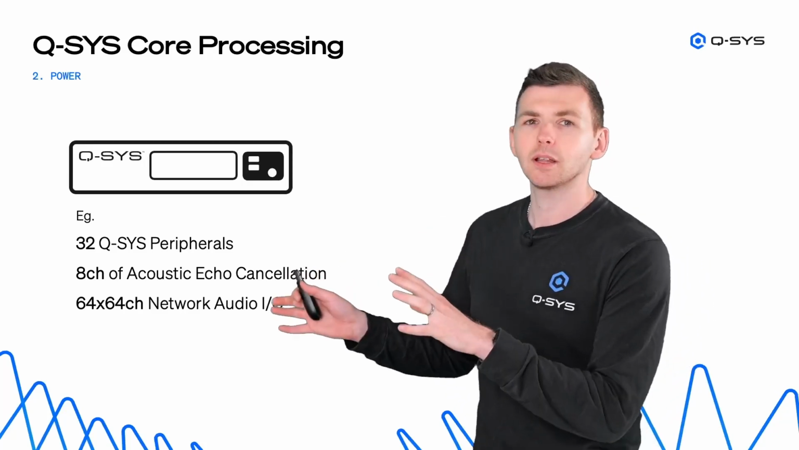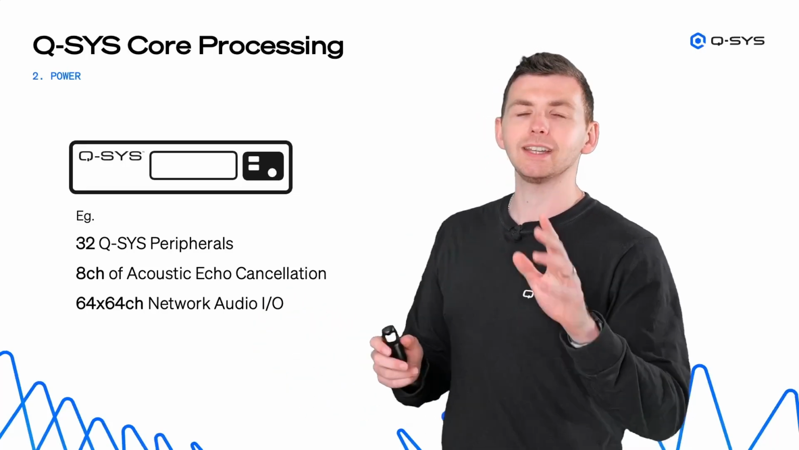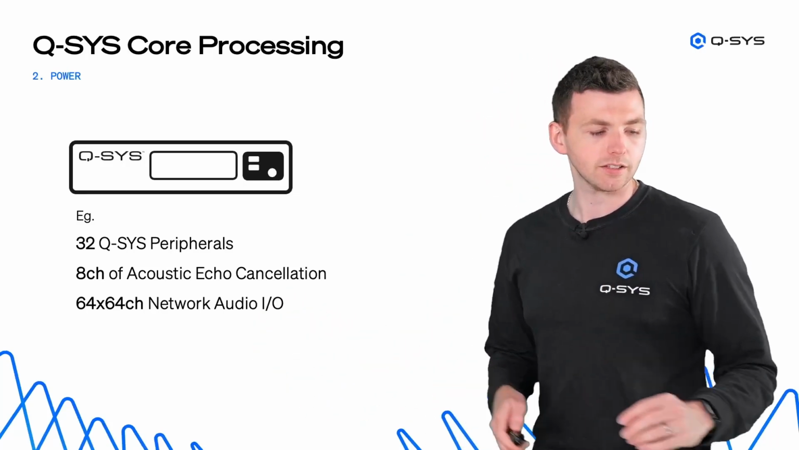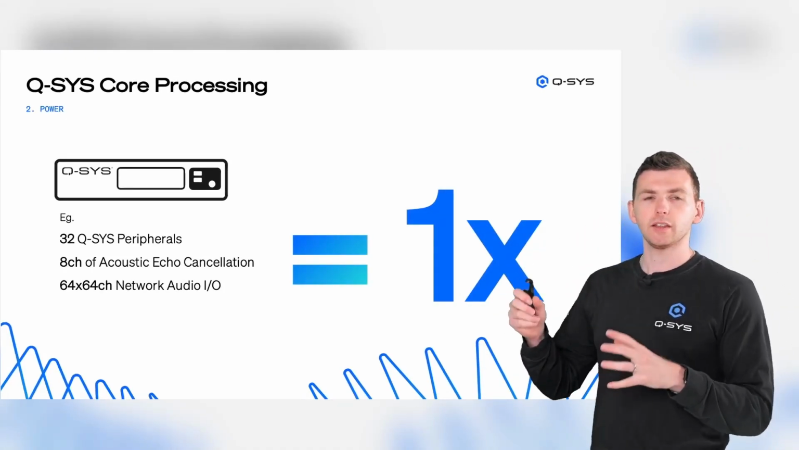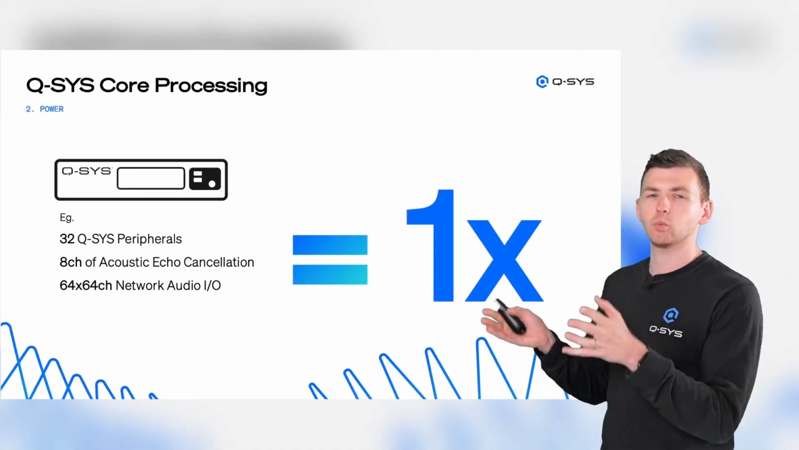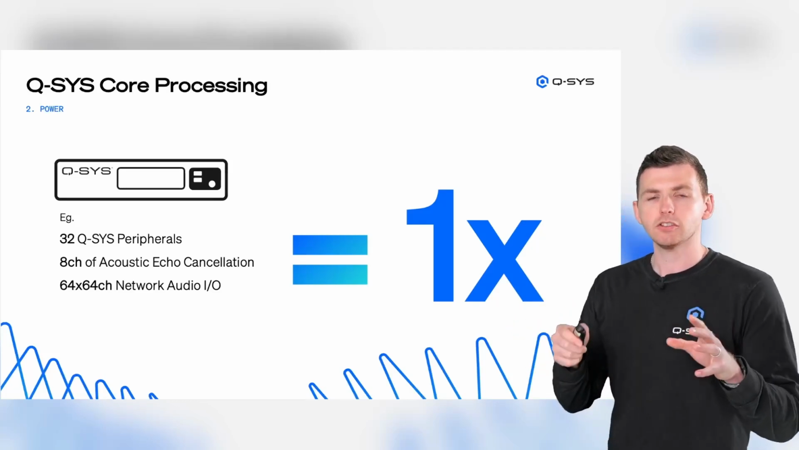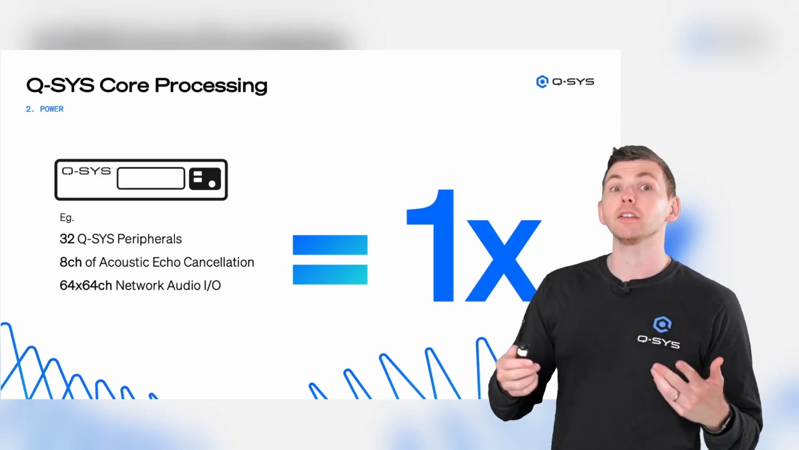We don't have to remember these numbers right now, so don't worry about that. We're going to get into the detail later. But let's just say that that is one chunk of processing. Okay, this is one of the smaller cores. Let's say that's 1x processing. Just to give you an idea of how far this can go,